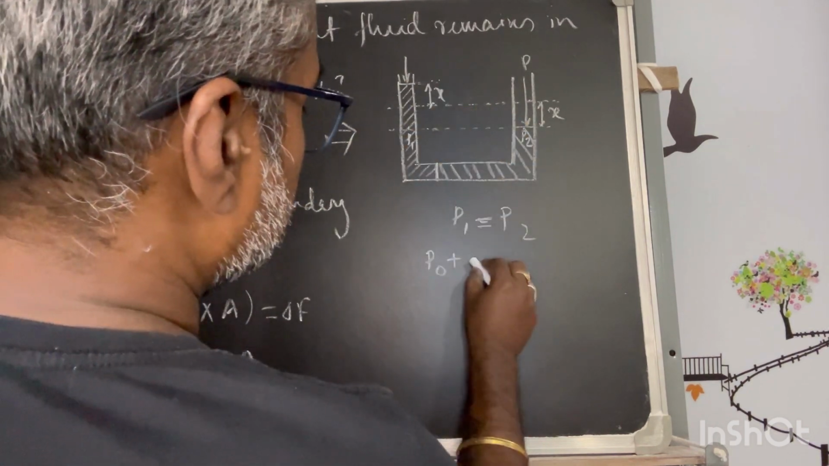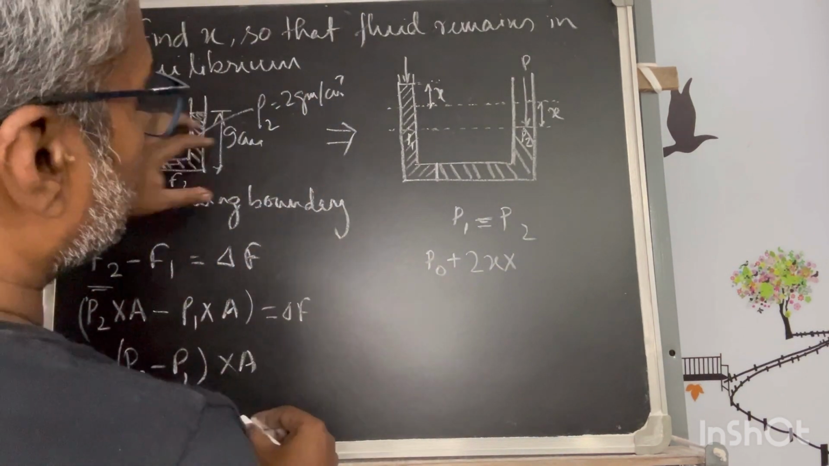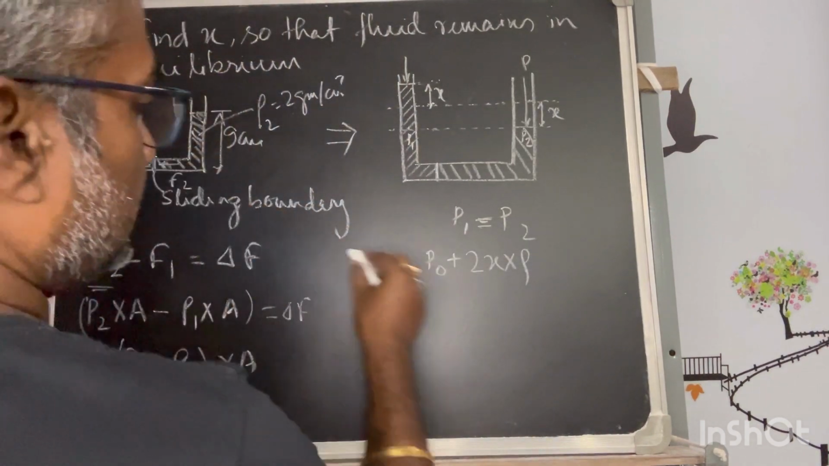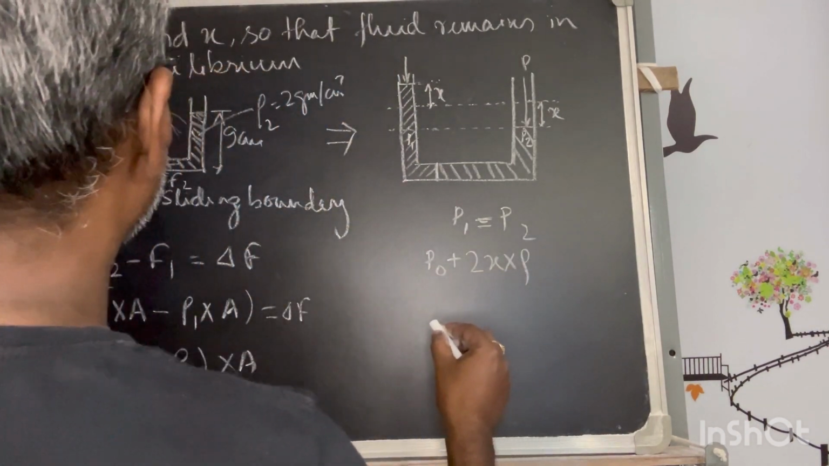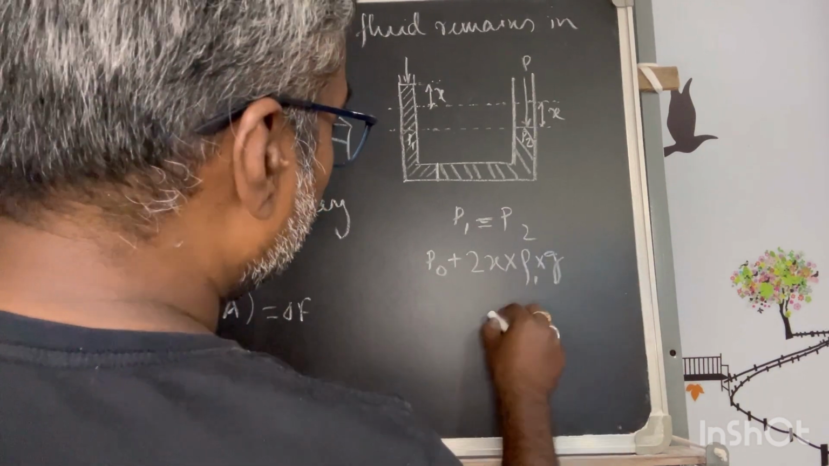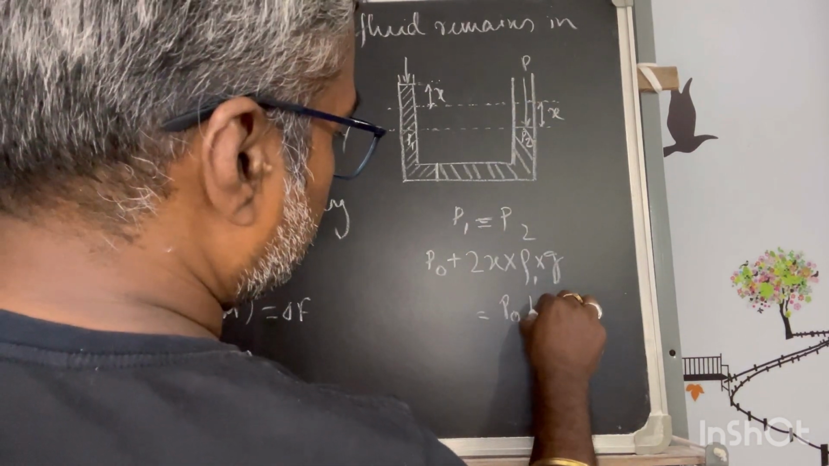This x plus x, 2x, height into rho, this having density rho, single row, that will come later, rho 1 into G. So on the other arm, P2, P0 is the atmospheric pressure, plus